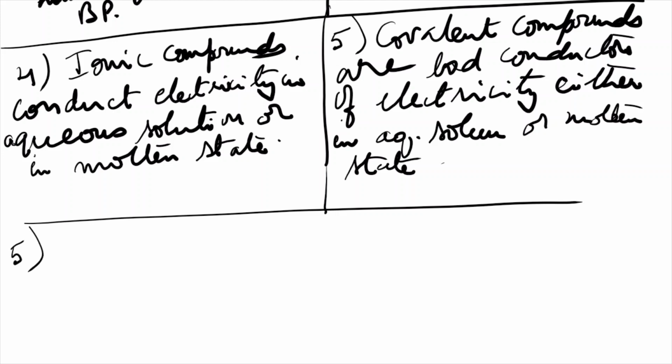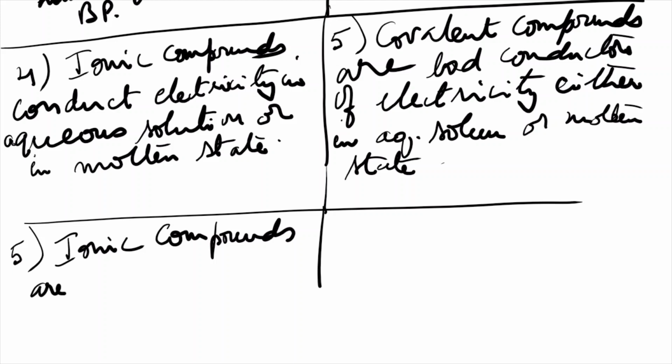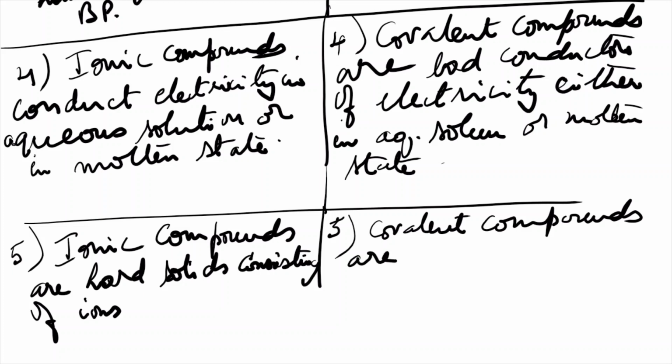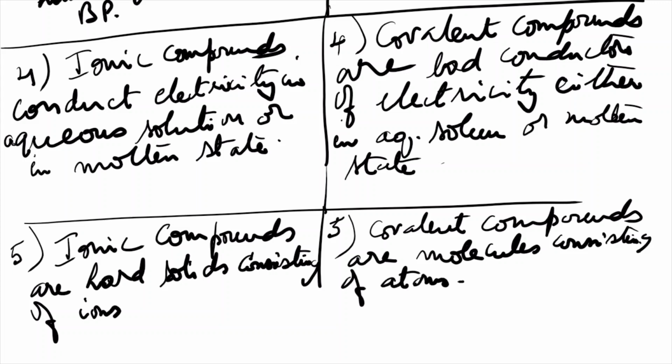now the last point of difference, ionic compounds are hard solids consisting of ions, whereas covalent compounds are molecules consisting of atoms. Okay,